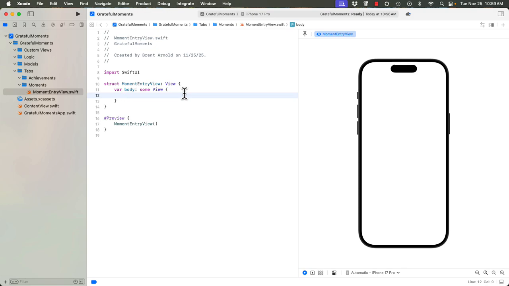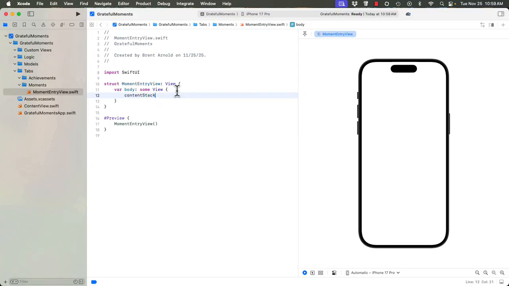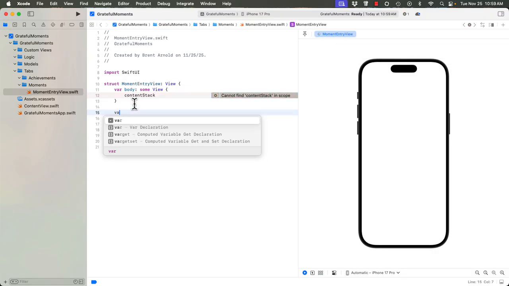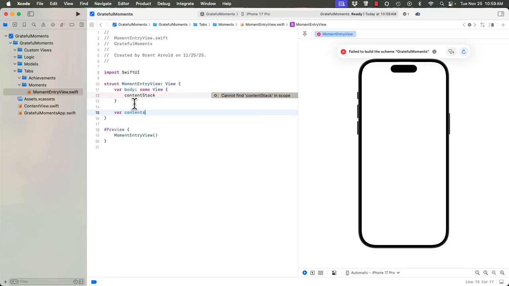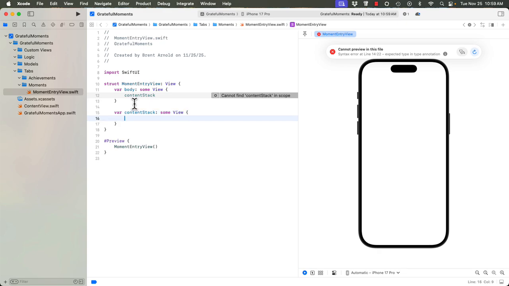This will make sense once we get through it. Outside of the struct, outside of the body closure, we want to create a var content stack, and it's going to be some view,